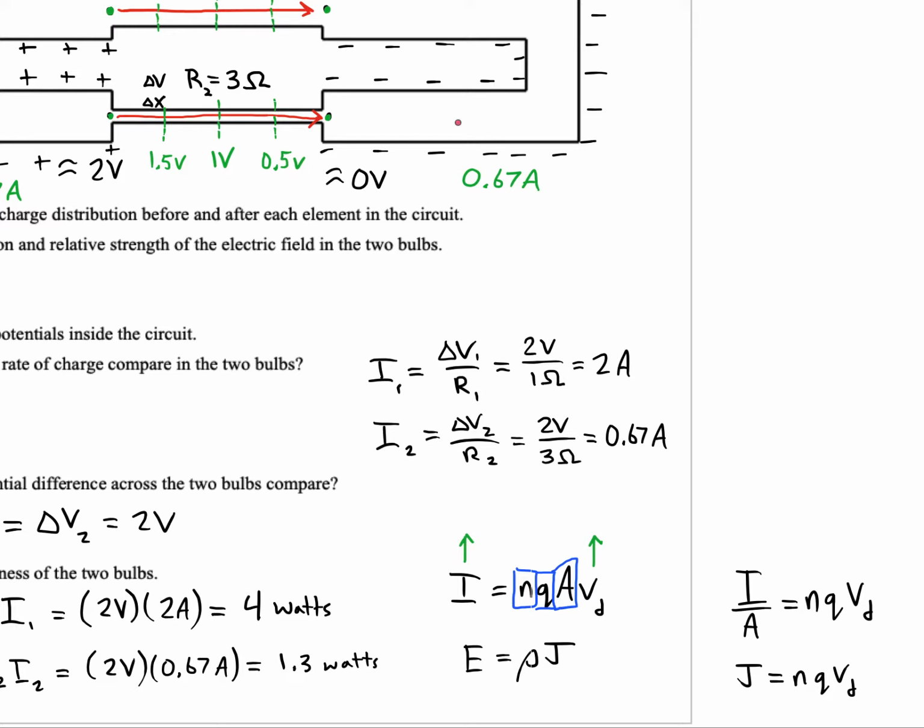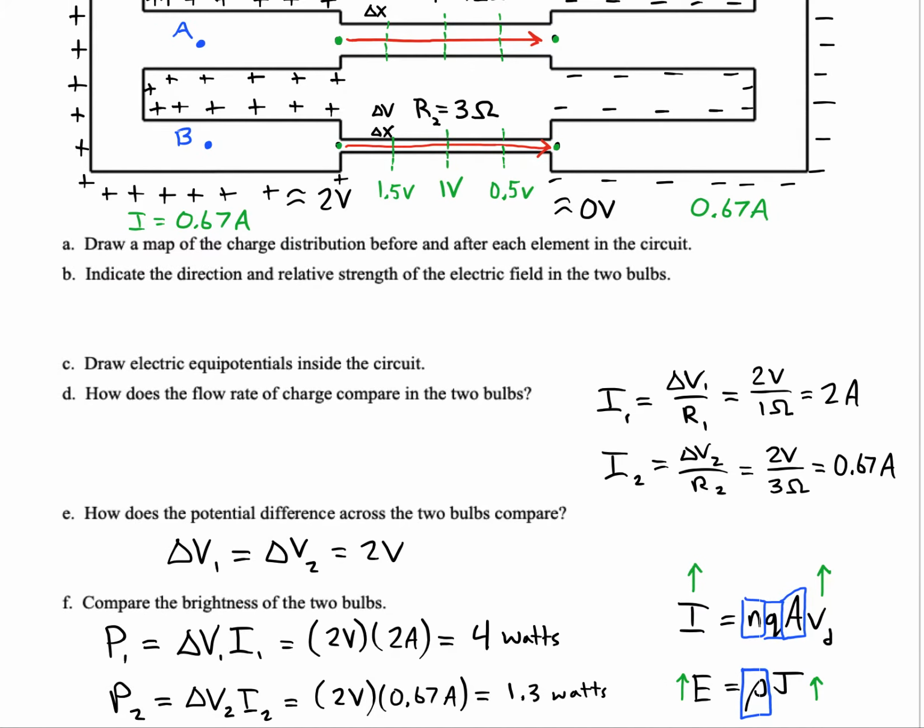So clearly, if the current goes up and the drift speed goes up, then the current density goes up too. And now, if we look back at our other formula, assuming that the resistivity of the material stays the same because it's the same metal that we're going through here, then as the current density goes up, the electric field goes up too. So that's why I didn't really want to draw the electric field inside those sections just yet,